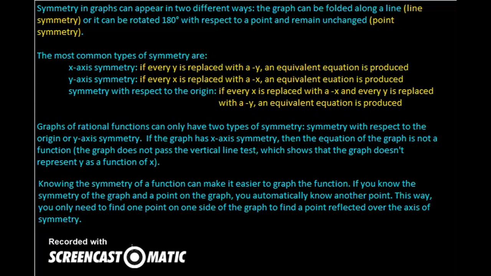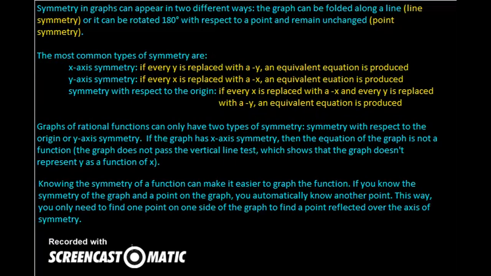Graphs of rational functions can only have two types of symmetry: symmetry with respect to the origin, or y-axis symmetry. If the graph has x-axis symmetry, then the equation of the graph is not a function, because the graph does not pass the vertical line test. If a graph does not pass the vertical line test, it shows that the graph does not represent y as